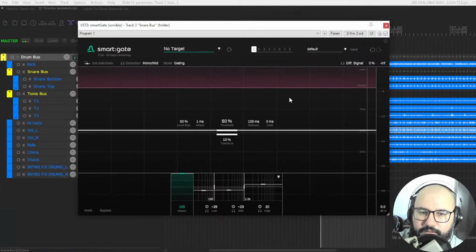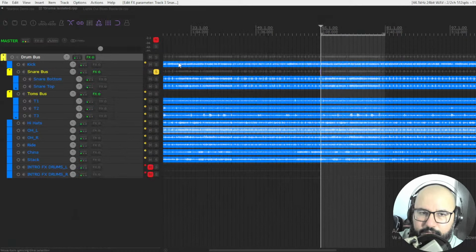These visuals, they call it activity, the activity of the gate. So let's check it out in this snare. I'm gonna turn it off first,